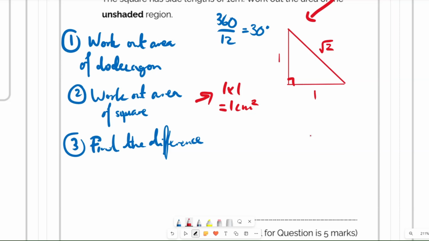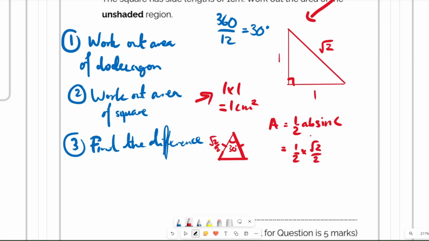Now in the last video we used a lot of half BH, half times base times height. Here we're going to find out the area as half AB sine C. So the A length, if I just do a quick diagram of that triangle, we know this is 30. We know that this is root 2 over 2, and this is the same. So our A side can be literally any of these. It doesn't matter. So let's just write root 2 over 2 times root 2 over 2 times sine of C,